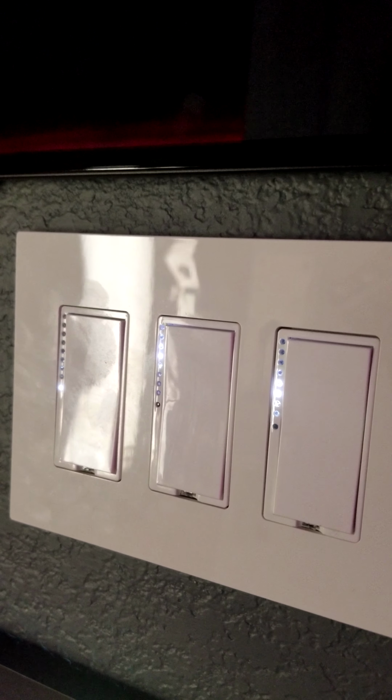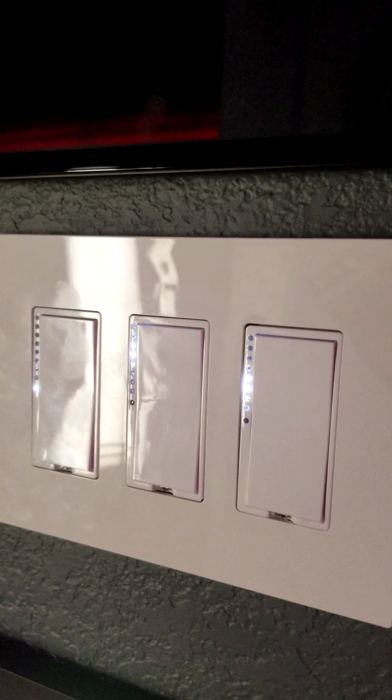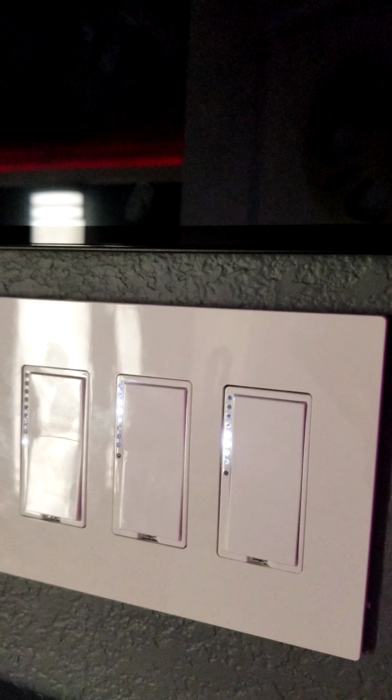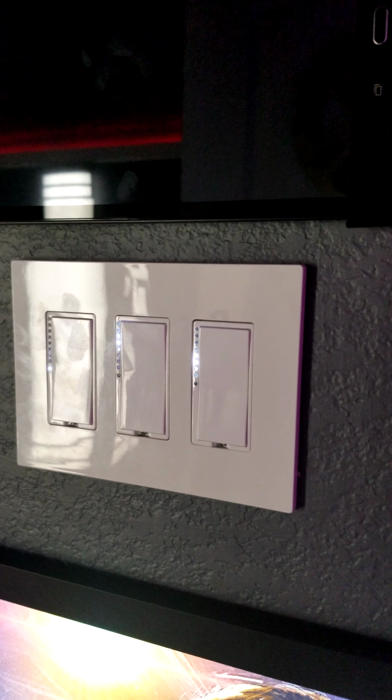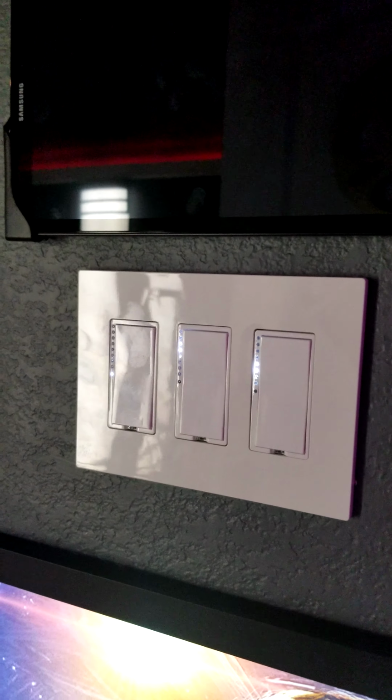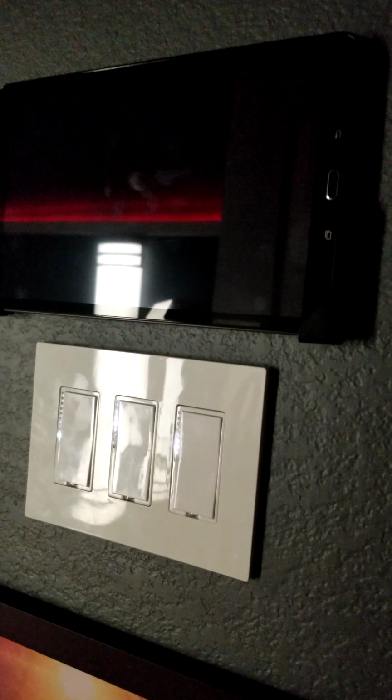These are lights that are set to dim, and I can control the amount of dim, anywhere from 5 to 95%. And I installed those myself. I just took out the regular wall outlets and put in those outlets. So you need to know a little bit about electricity and finding the neutral in order to install that. As you can see, my lights are dimming now. It's set on a 30-second rotation. Every time it detects motion, it'll stay on for 30 seconds. I have it set that way until I come in and tell it whatever setting I want to set it to. Such as, let's see,